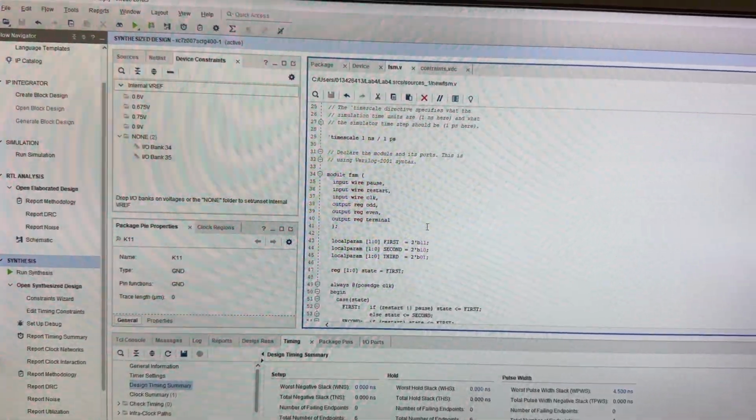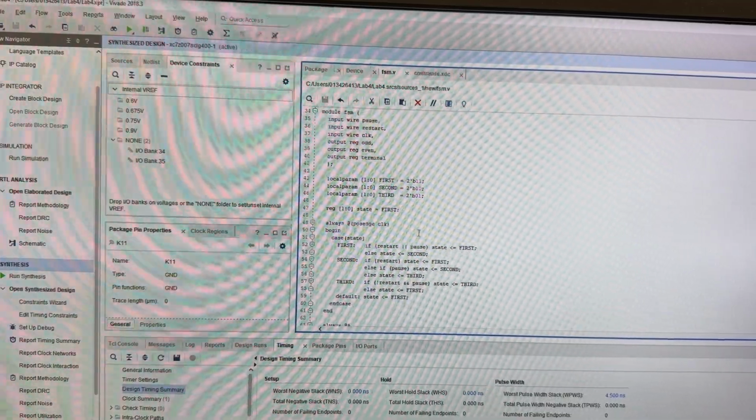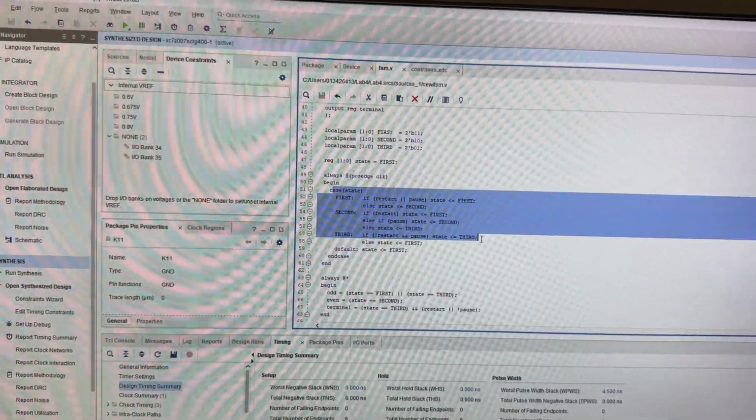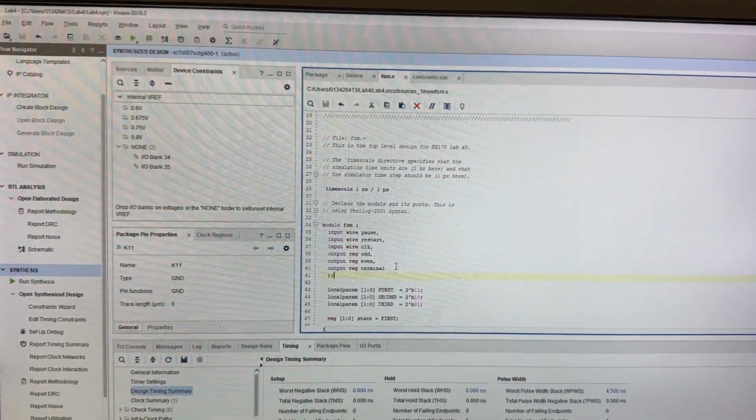To dive in a little bit into what the code does, we are defining our 3 states within our machine, and you can see it here in the state file and everything. And we have our inputs and outputs defined. So the next step in the lab was to pretty much define where these inputs and outputs were going to